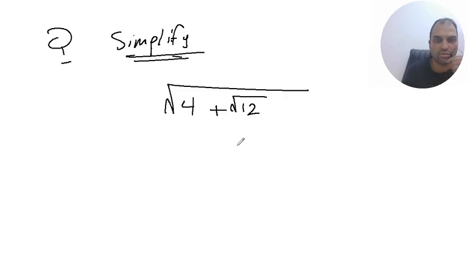Look at this question. You want to simplify the expression: square root of 4 plus square root of 12, all under a square root. First step, we can write here the square root